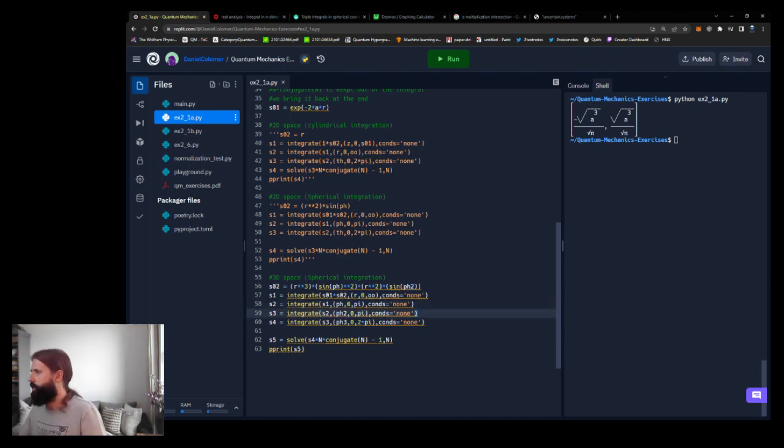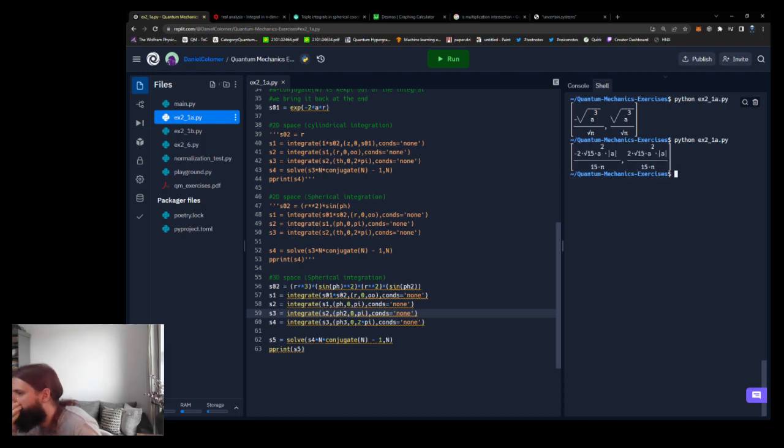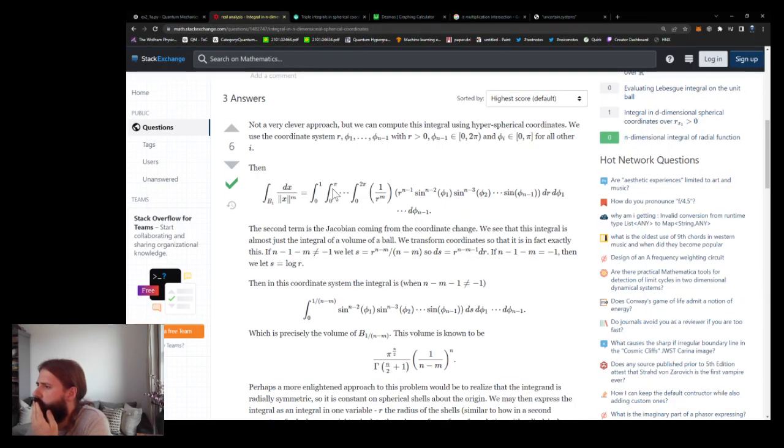Let's see. Does this work? No, not exactly. So 2 pi, so it's 0 to pi, it's phi 2, phi 3. Here we take S1, here we take S2, here we take S3. No, but there's something wrong. The first thing we do is